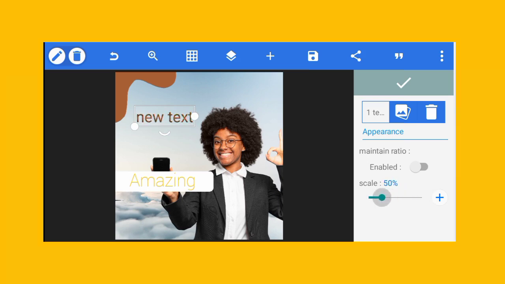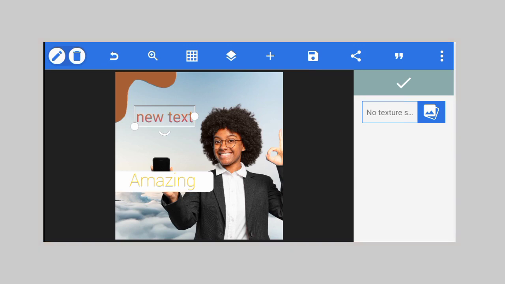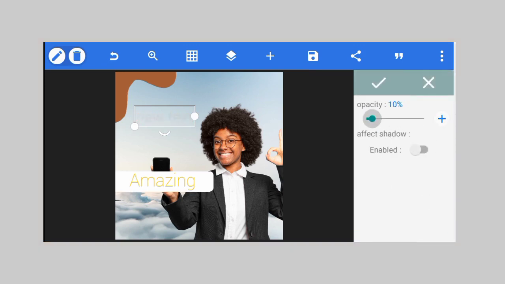Okay, but if you're doing it on an object, it will be very nice. Okay, so that's for texture. Then opacity is when you want to reduce the opacity or increase it. Now, enabling shadow is when, if you gave your text a shadow and you just decrease opacity, the shadow